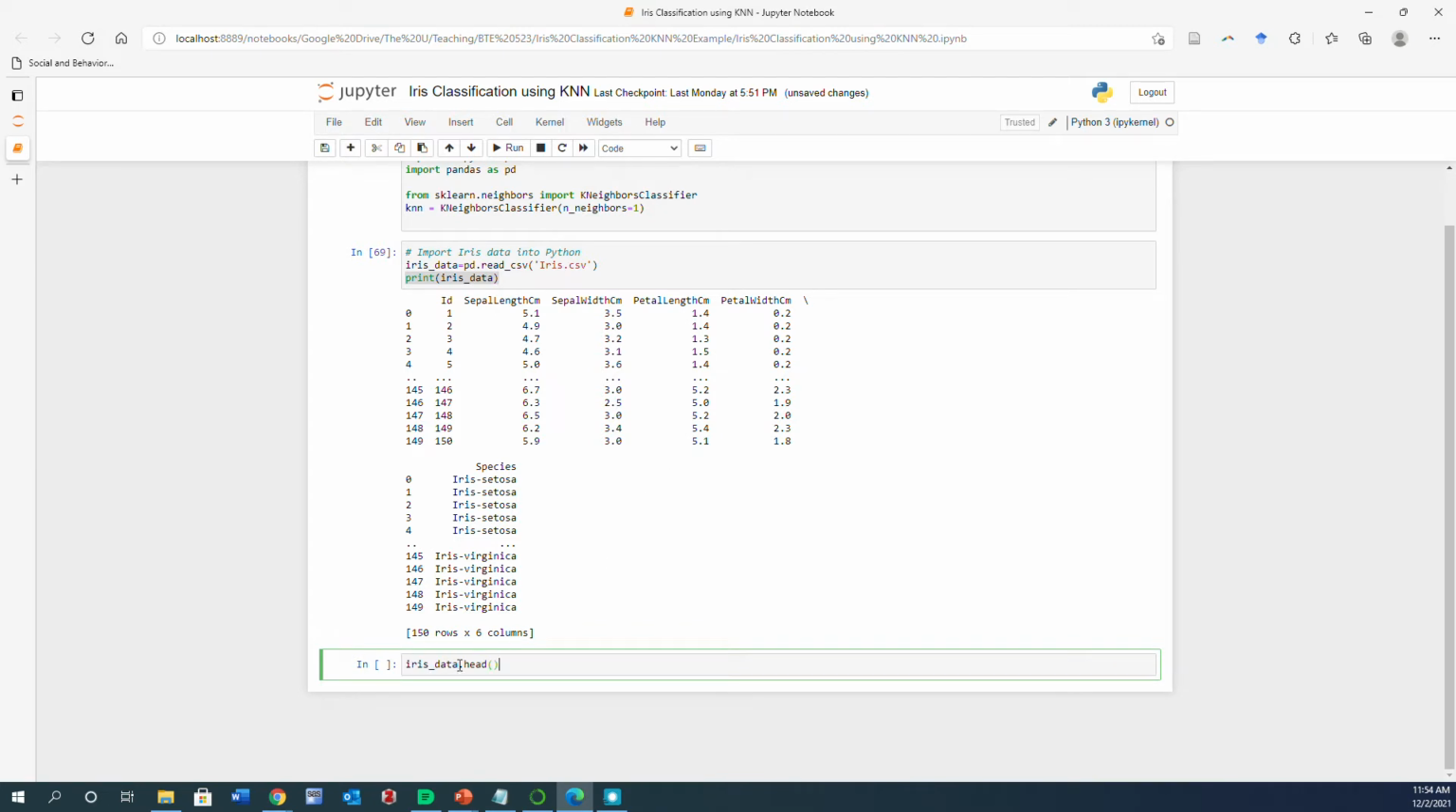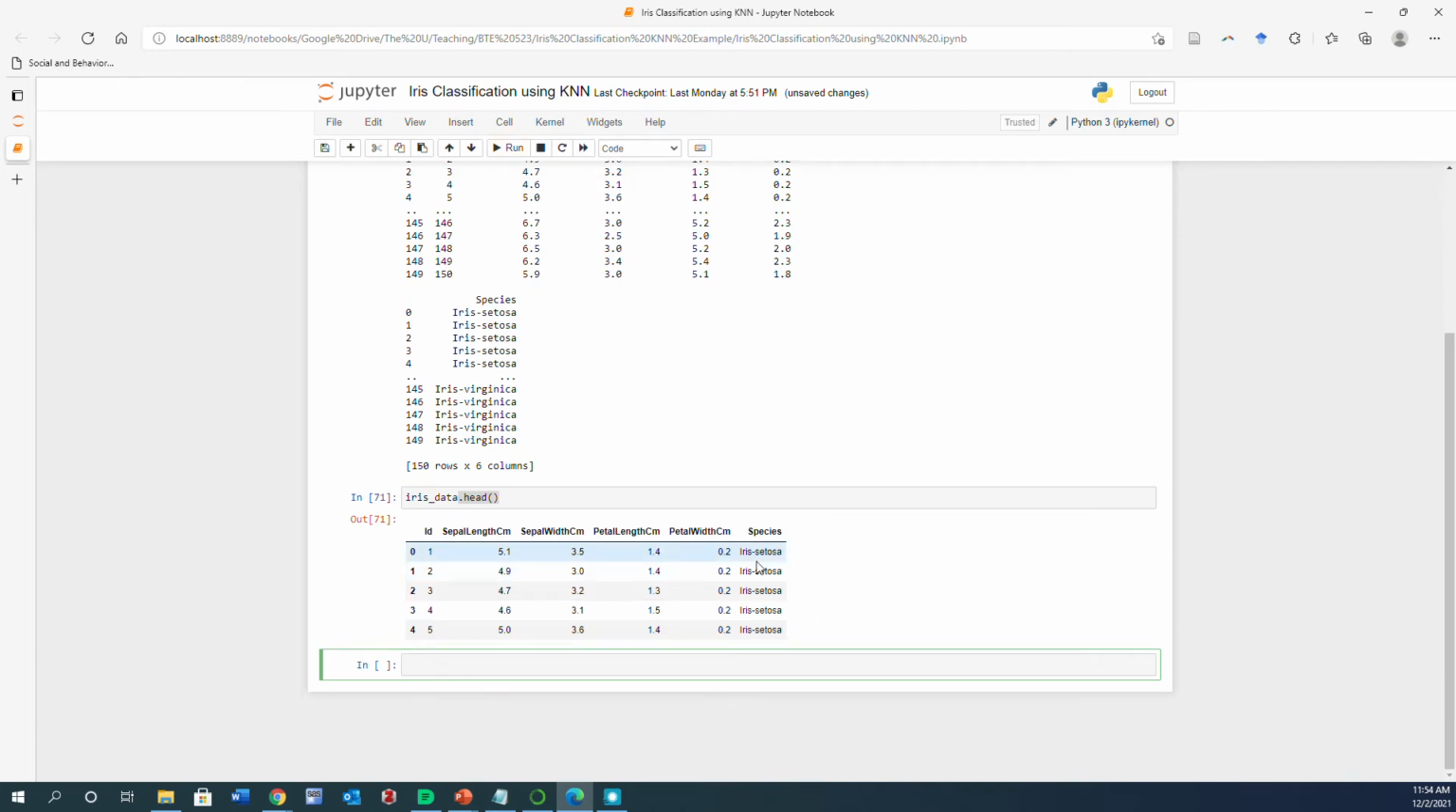iris underscore data dot head. Iris underscore data, remember that is the name of our data set, and then the head is going to just print the first 5 observations in a very nicely formatted way for you. So it's much easier to look at the data and see what are the different variables that you have in